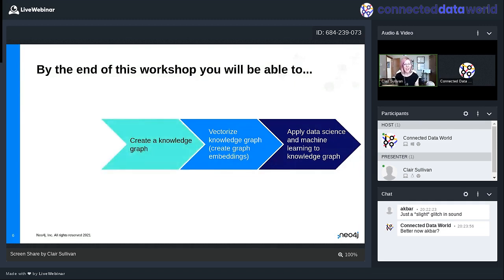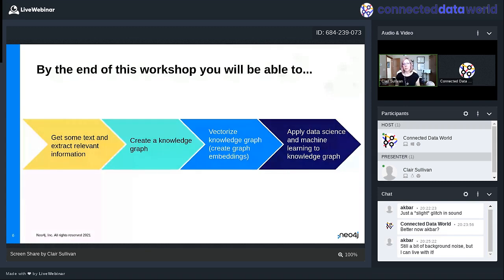But before we do that, we actually have to create a knowledge graph, which is going to be part of the meat of the course: using machine learning and specifically natural language processing to create our graph out of unstructured text. But we obviously have to have some text. So we're going to get some text. It's going to be fairly basic today. We're just going to be using things like Wikipedia to get our text, and text, for those of you who do natural language processing or NLP, or those of you who don't, text is very noisy. NLP is hard. And so we're going to see that noise reflected in our graph today. And we'll talk about ways that you can denoise it.